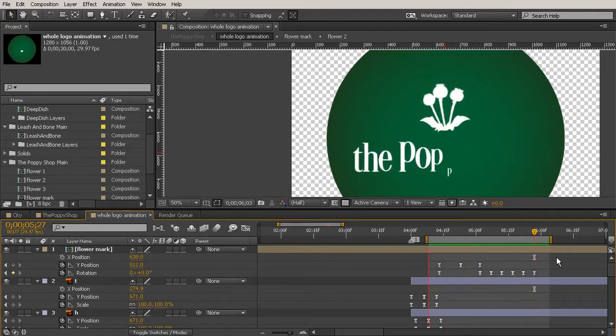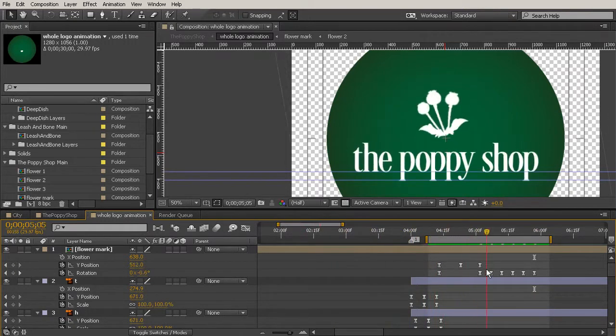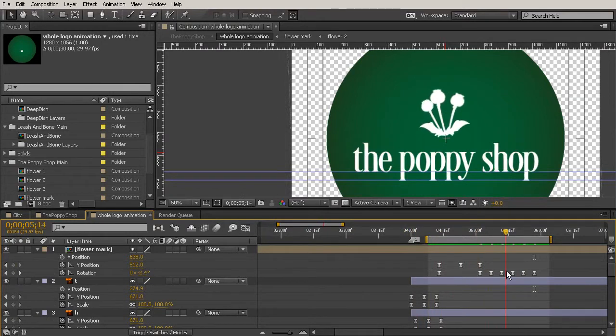Now, one of the things I'm noticing is that if our flowers were swaying around here at the beginning from the wind, we know that they can move. Now, this might be good enough for some of you, but I want a little bit more. I want for those flowers to move while this has been shot up into the air. So what we would want to do is actually go into our flower mark and mess around with those rotation values. Now, if you remember, they're controlled by a wiggle expression, so it's going to be a little bit challenging, but there's definitely a way we can achieve this and then have even more control over the variability of that